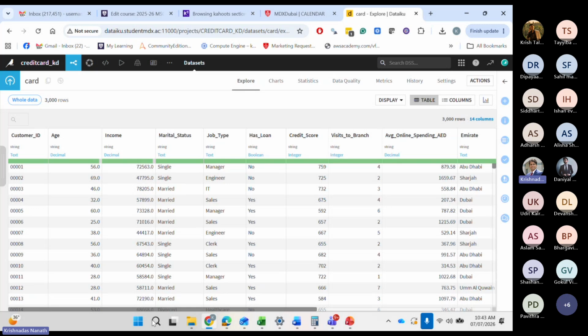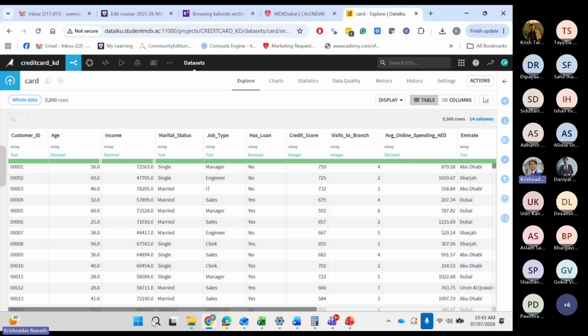Has loan with the company. Maybe, may not be. I would love to do a pivot table here. I would see how many those who had loan went for the credit card, did not go for the credit card. How many who did not have loan went for the credit card, did not go for the credit card, to check if that really in this customer data makes a difference or not.